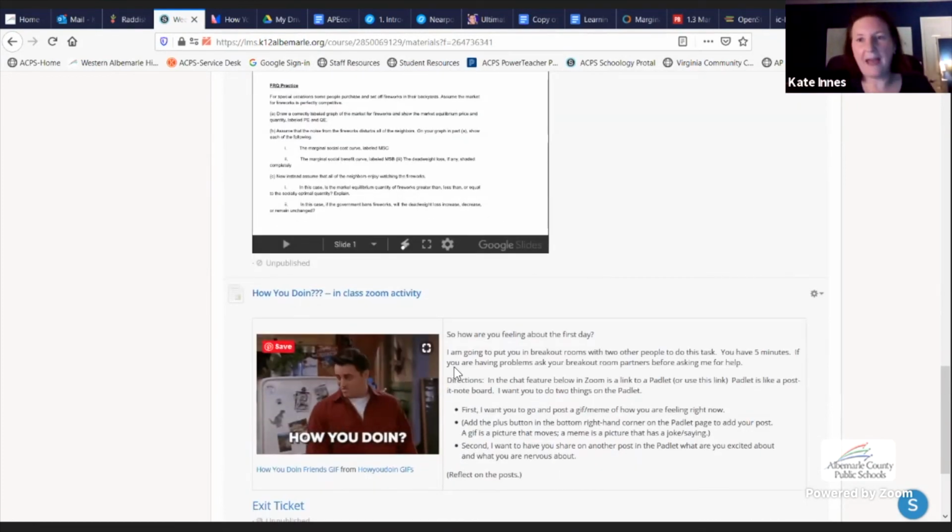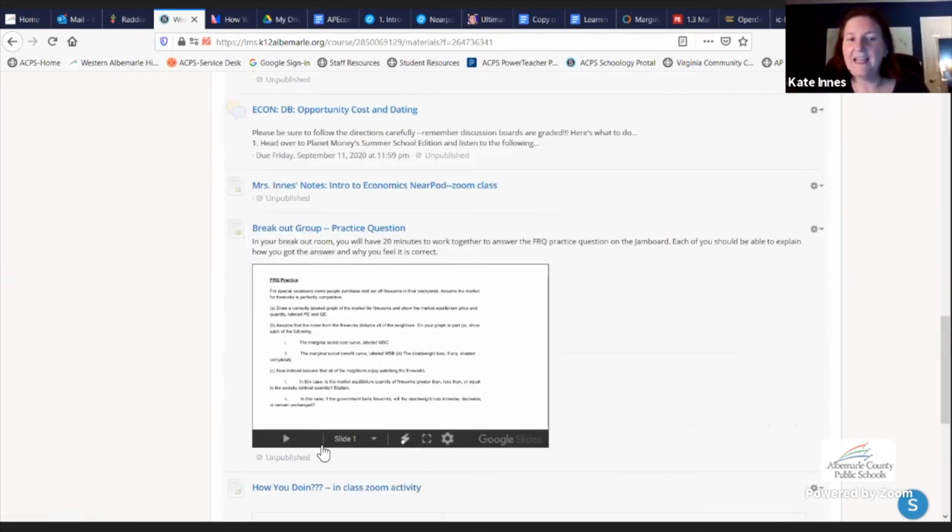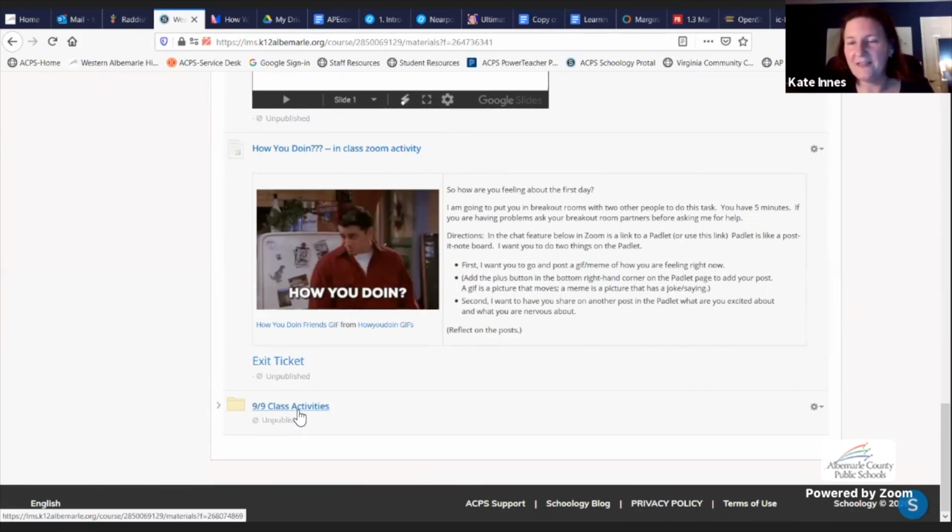It could be a Padlet, it could be a survey, it could be using the Zoom materials of thumbs up or thumbs down, because we have that ability to gauge reactions. I could give them a 5-question formative exam, saying, okay, here you go, here's your exit ticket. At the end of the day, everything's published into those class activities. So anybody can find them if they need them, if they missed my class. And so that's how my class is set up.